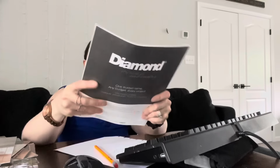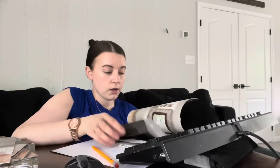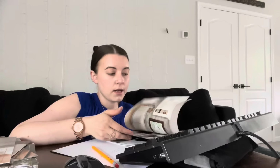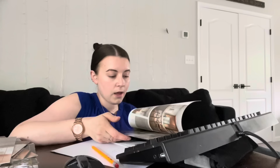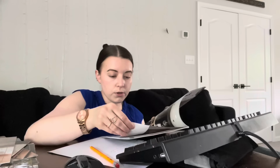Okay, so I'm going to just pull a couple of the samples from Diamond to get started, okay? I will send one of these home with you as well. Okay, so I'm going to start with the kitchen counters. I know we're going probably with the black counters, but I'm going to show you a couple black cabinet options, and then we'll get into the white cabinet options and other options as well, okay? So the first one I'm going to show you